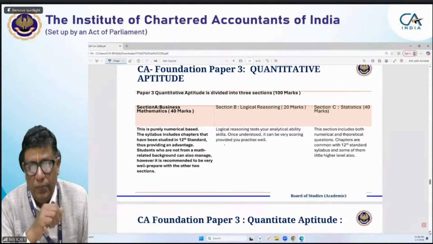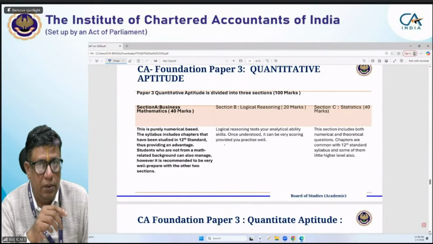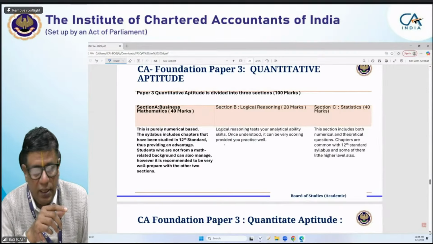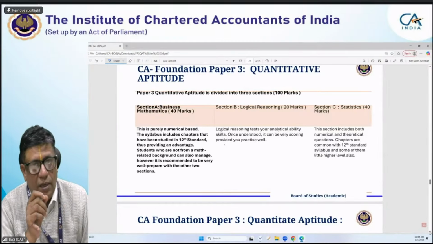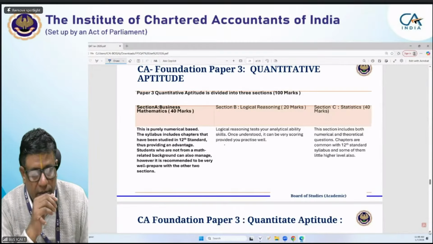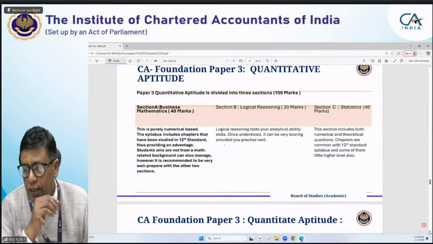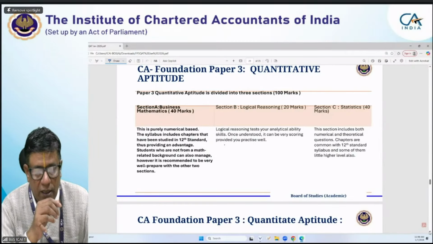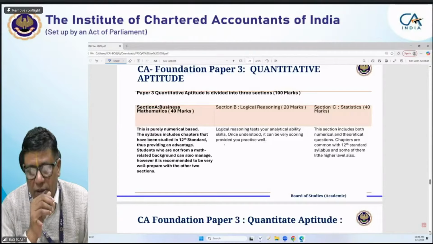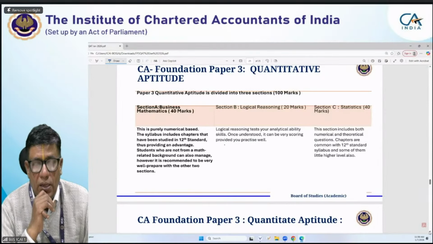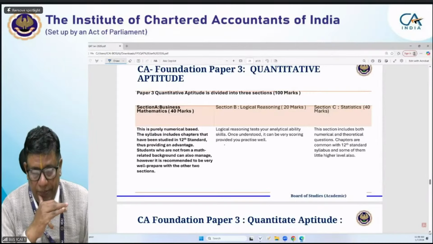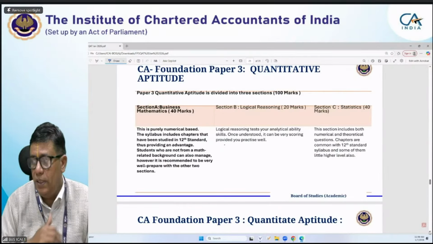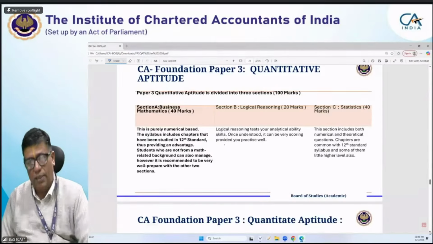If you look at the CBSE, the central board syllabus, in the NCERT 11th and 12th commerce syllabus, especially for commerce background students, there is an optional paper called applied mathematics. That's a wonderful book, and once you see it you will be able to answer very well. This syllabus is a combination of mathematics and logical reasoning, 20 marks. Logical reasoning is also covered in the applied mathematics of the central syllabus.